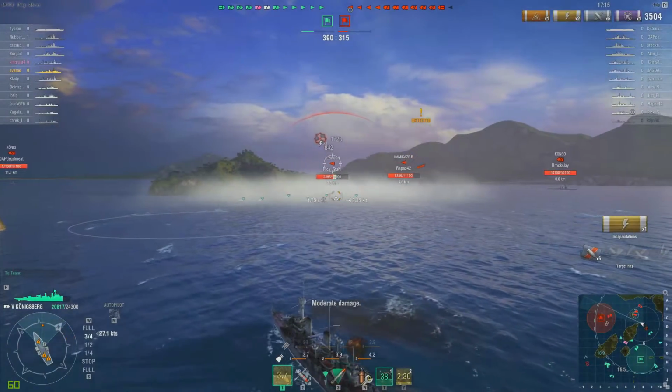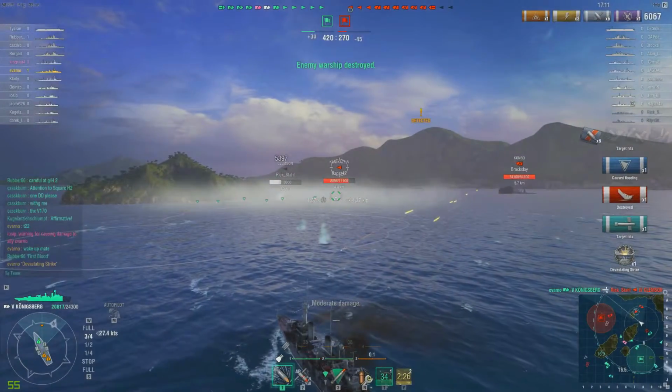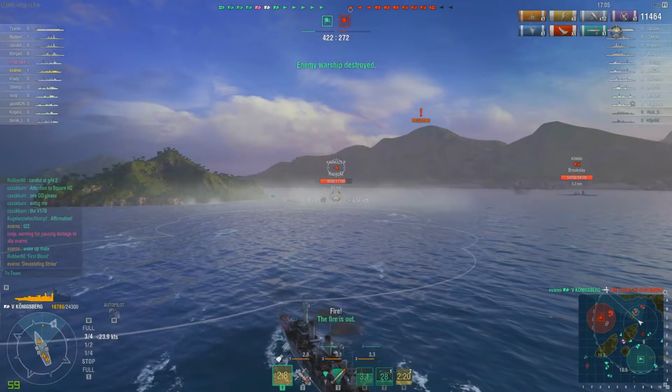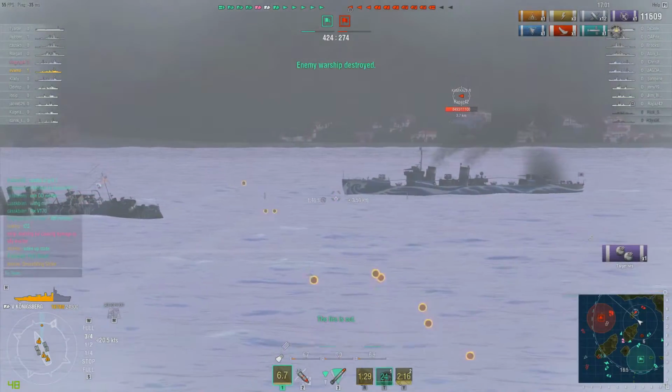Now the poor Clemson has run aground, and as he's backing out, he's going to take a torpedo that there is no way he can possibly survive. So there's a second kill. The kamikaze was not quite moving as fast as you would have expected there, so the initial round of shots goes off ahead of him. But